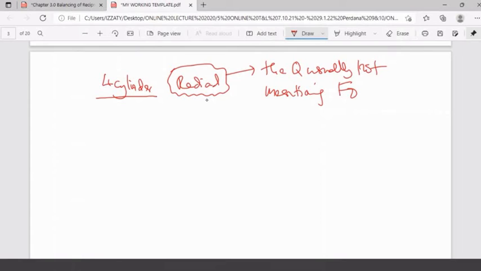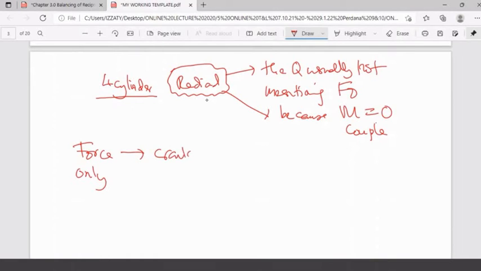The reason why is because M is equal to 0, remember? When you have a couple of moments, you need the magnitudes. If you are dealing with force only, you are dealing with force only. So the crank diagram